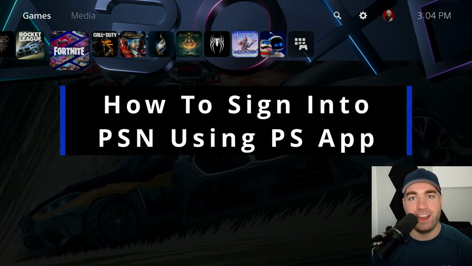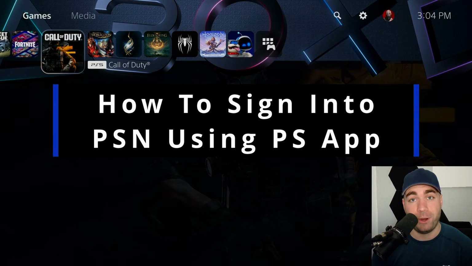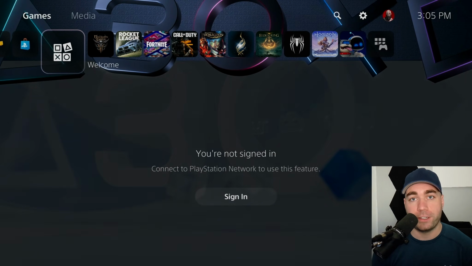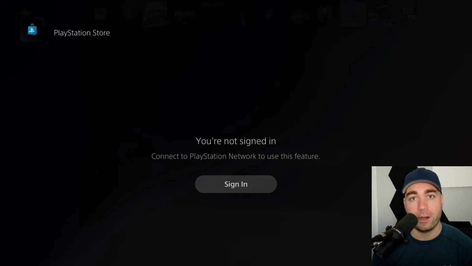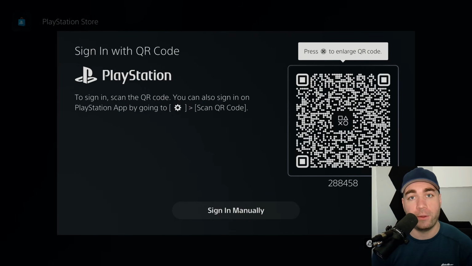In this guide, I'll show you how to sign into your PlayStation Network account on the PS5 Pro using the PlayStation app. So if you're not signed in already and you scroll over to the Welcome Hub or PlayStation Store, it's going to ask you to sign into the PlayStation Network. And when you do this, a QR code's going to generate, and we're going to scan that in the PlayStation